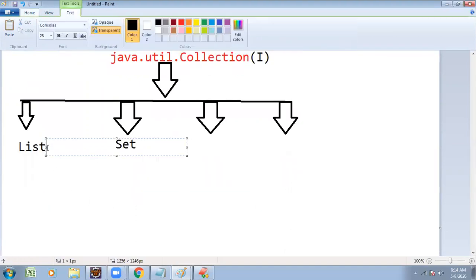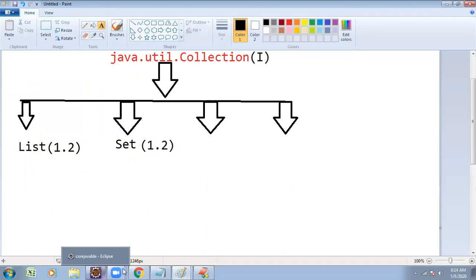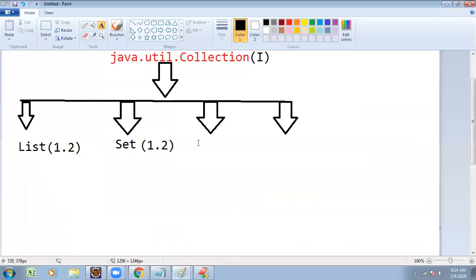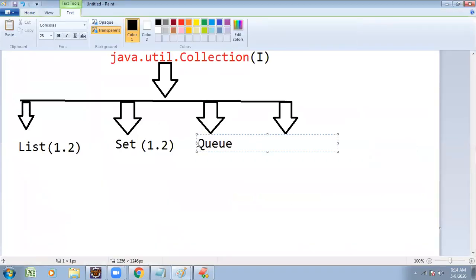List came into existence with the JDK 1.2 version. Set also came into existence with the JDK 1.2 version. Apart from list and set, there are some more things. Queue interface came into existence with the JDK 1.5 version.